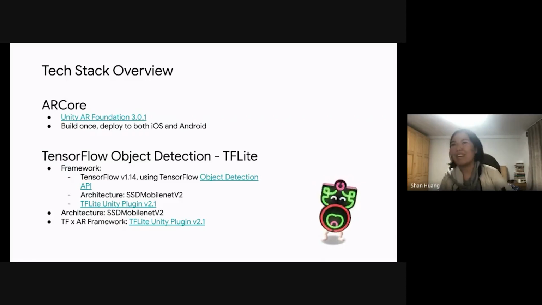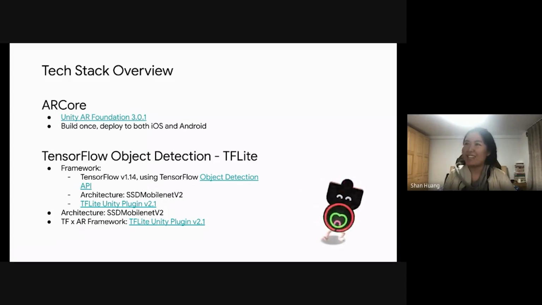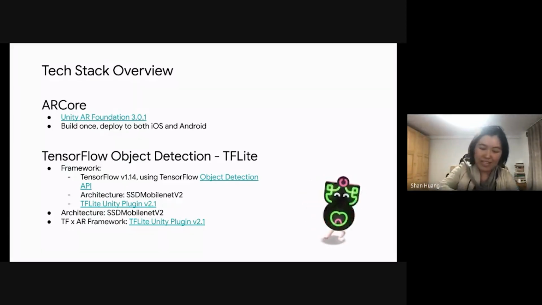The reason for doing that is Unity is really awesome in that you can build the project once, and then set the platform to either Android or iOS, and you automatically get different builds for different platforms. This is really amazing for developers, because I still remember back in 2017, when ARKit first came out, and then when ARCore came out,